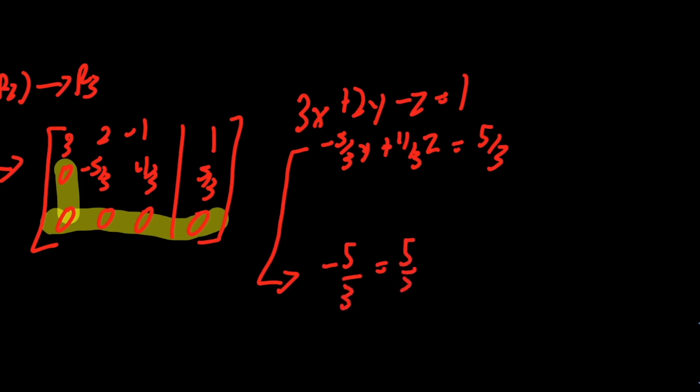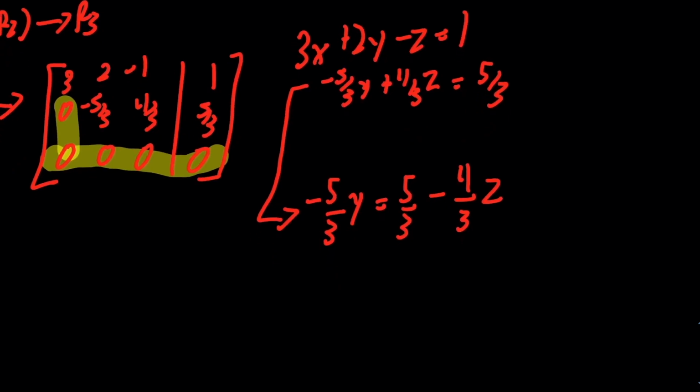And we get 5/3 minus 4/3 times z. And don't forget to include your variables. And then we're going to multiply by the reciprocal of -5/3. As a result, y should be -1 plus 4/5 times z. That was our